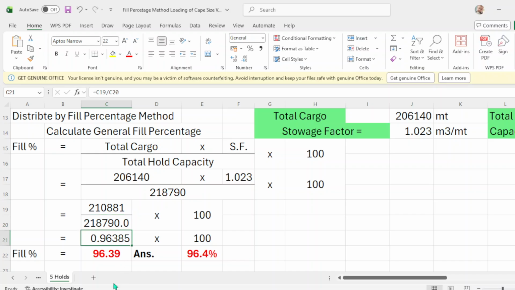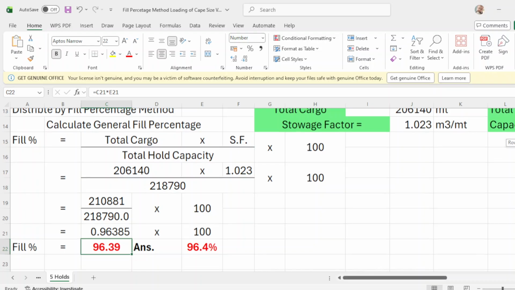Okay, 0.96385 times 100, that will be 96.39 or 96.4%. Okay, that will be the total percentage of total cargo to load in the cargo hold from 1 to 9.